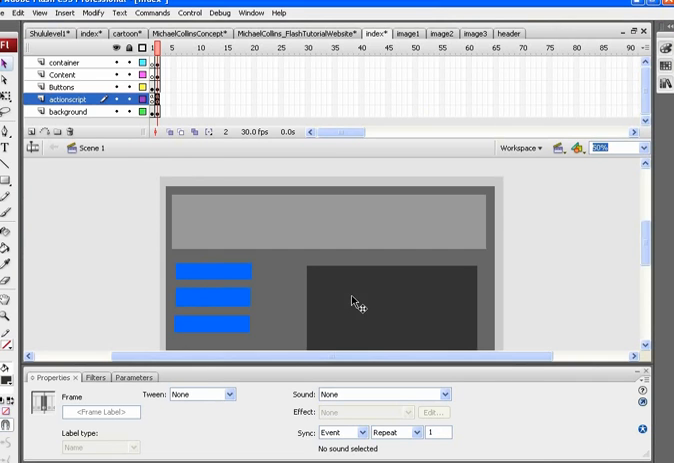Since we're in the index file, we're going to put this script into this frame where the stop script is, and we're going to add a script that tells image 1 to load into the image container, as well as for the header. So I'm going to go to this frame,